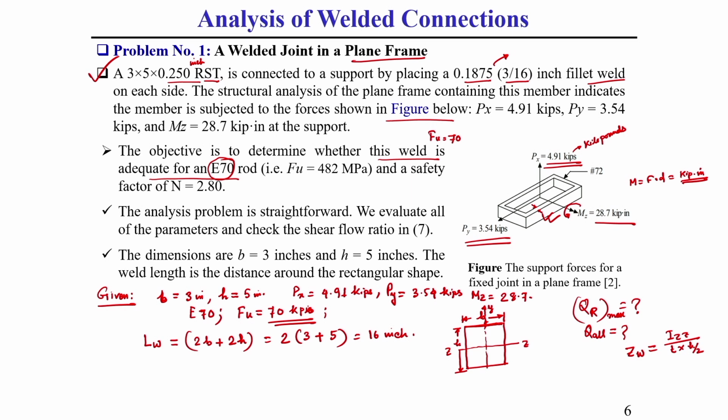Actually, this h by 2 is y, because you need to take the furthest distance here. In this case, generally you need to consider the furthest distance, y equal to h by 2. This you should keep in mind. Maximum perpendicular distance generally we need to consider here. So, here I will just show you how to find out this Izz component.